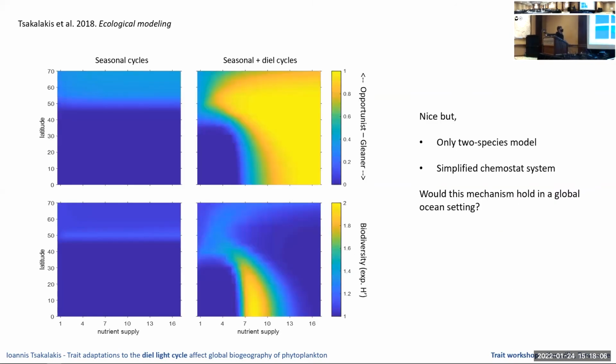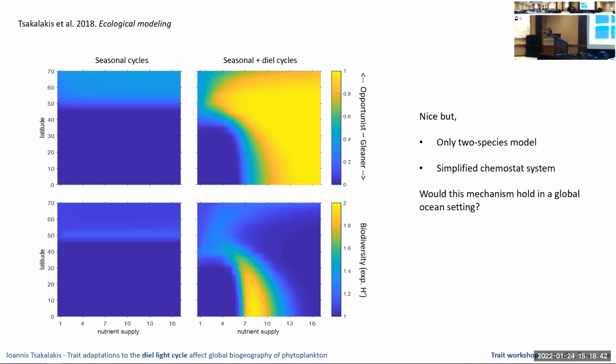And I've run a similar simple model for different latitudes and nutrient supplies. And here we estimate the competition outcome and biodiversity. We can see that the impact of diel cycles can be really important, especially at high nutrient supplies, because the more nutrients you have in the system, the stronger the amplitude of diel nutrient fluctuations. So these might be interesting results to support that maybe there is a strong impact by the diel cycle, but